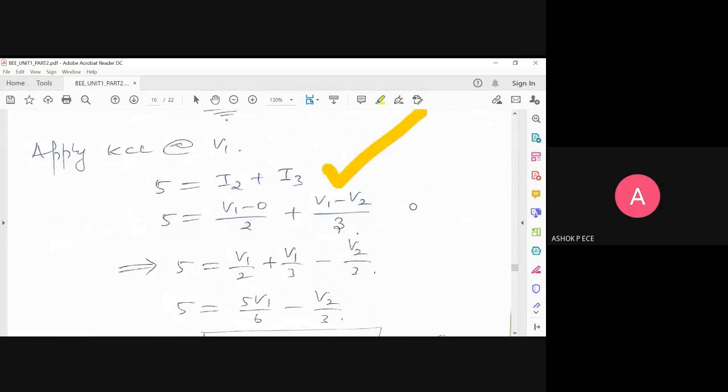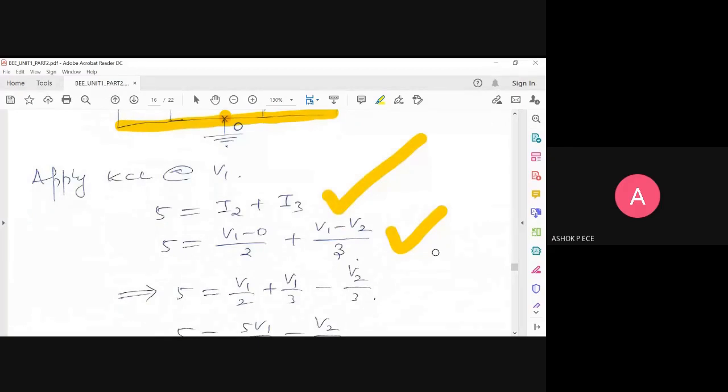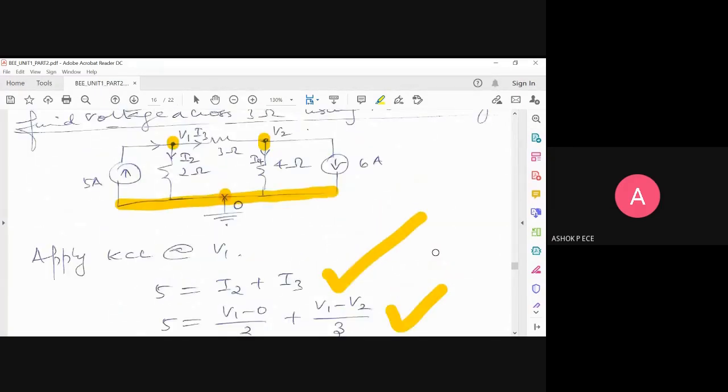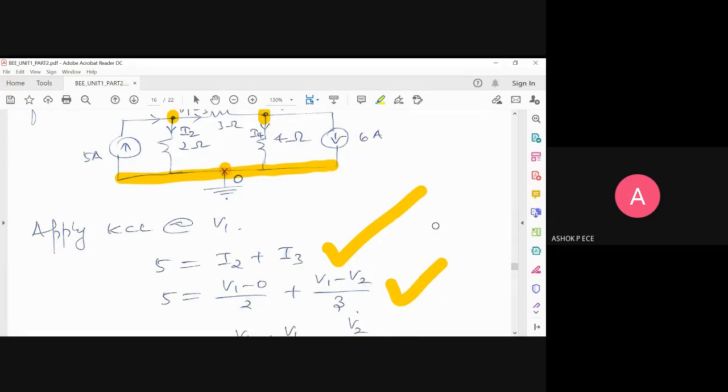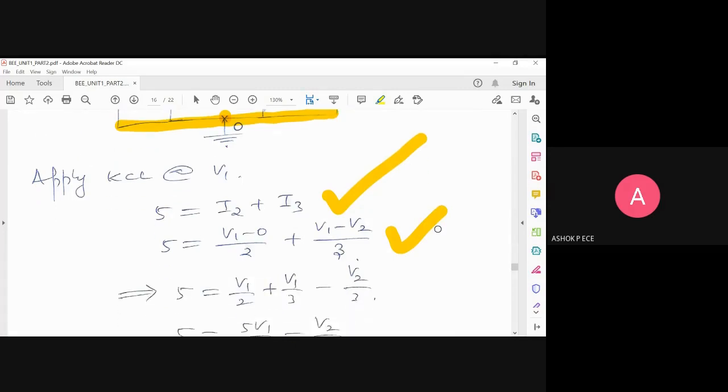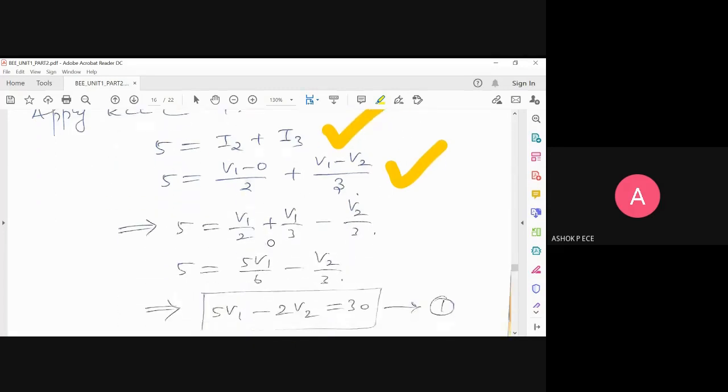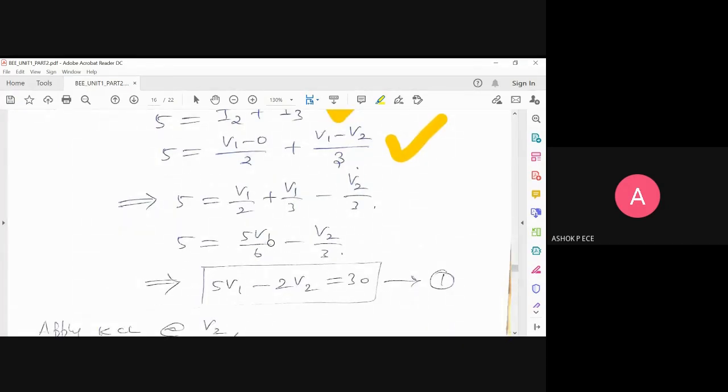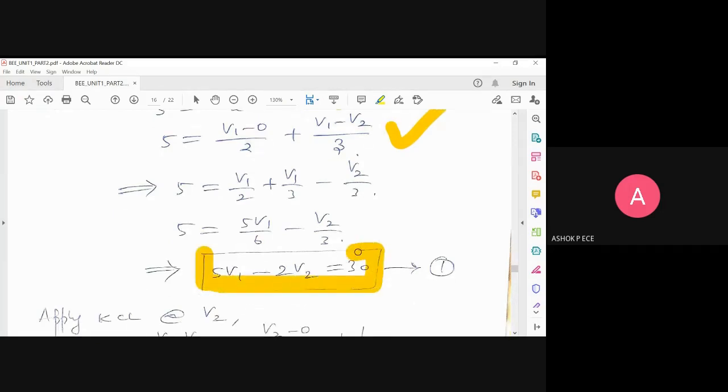Very good. Yes. Thank you. You can mute yourselves. See here, I have written the expression. Any doubts in writing the nodal currents? If you clearly understand where it is starting, where it is ending, it is very simple. Don't complicate yourself. So now split the terms. You should have one term with V1, one term with V2. Take LCM. It is not advisable to work with fractions, so make it whole numbers so that you can solve the equations easily. I don't like to work with fractions, so I have written everything in terms of whole numbers.